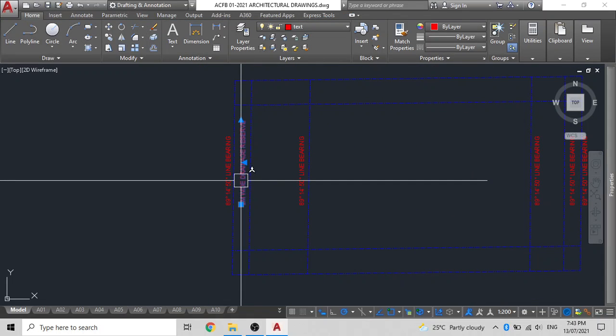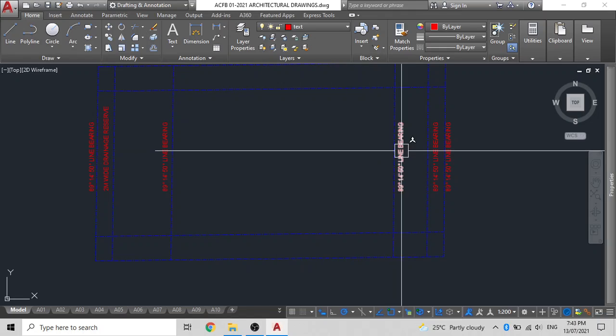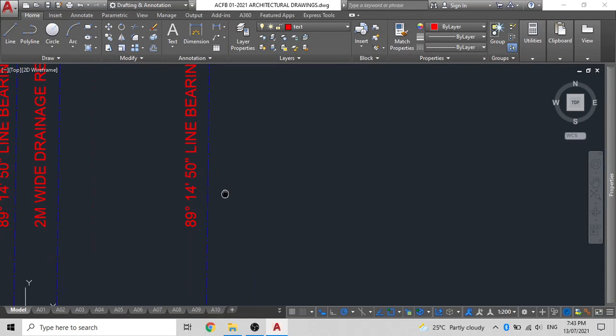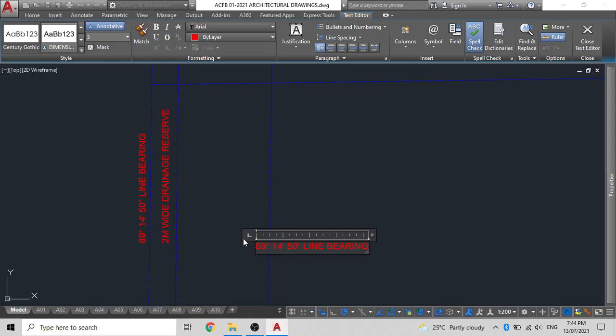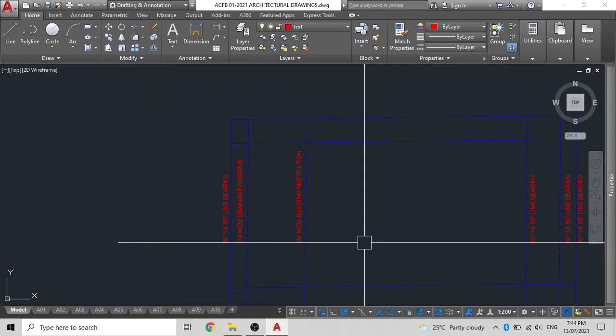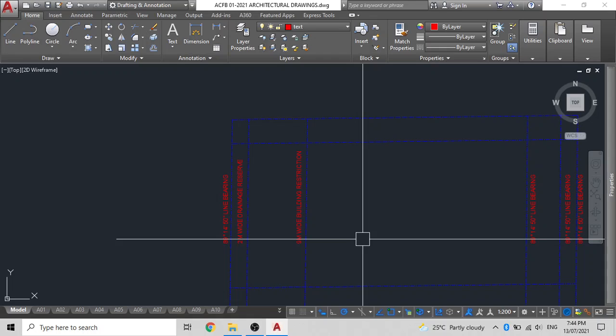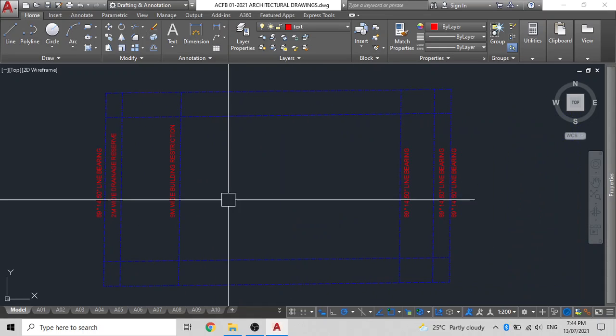If you think it's out, leave it there for now, because there are 3 more that we have to adjust to be consistent with the works. For this one, we can write 9 meter wide, 9M wide, building restriction. Now, the 9 meter wide building, you cannot actually cross this restriction line. You will have to apply for something known as a relaxation, which has a 50-50% chance whether you'll get it or not. So it's best just to leave that 9 meter as it is.